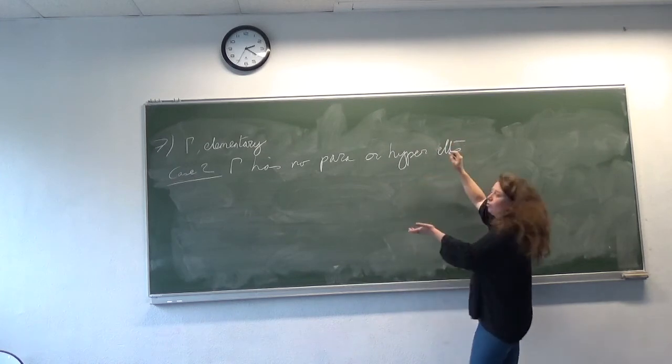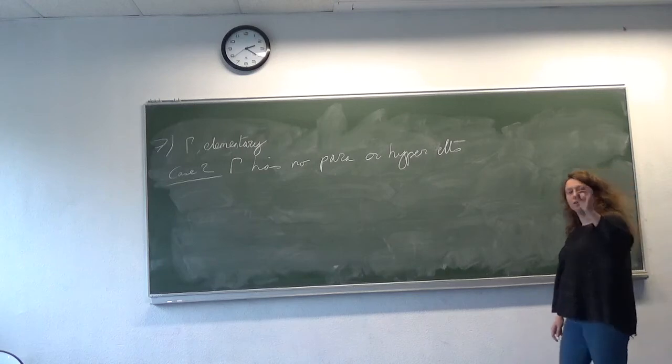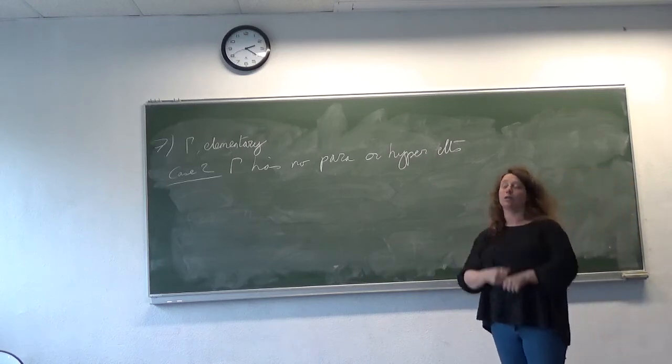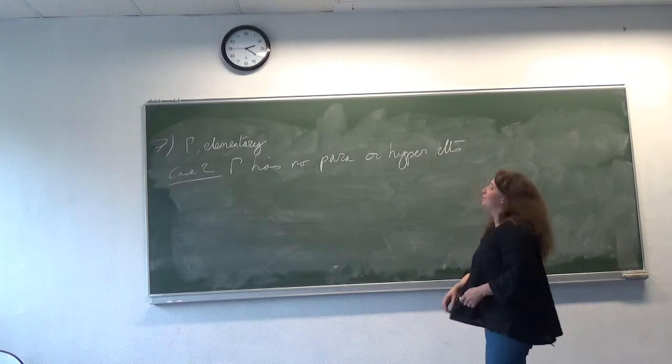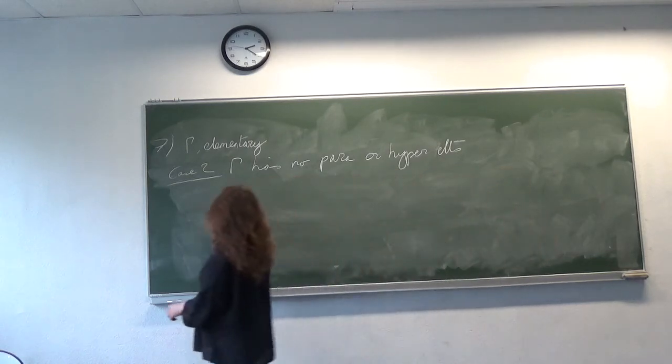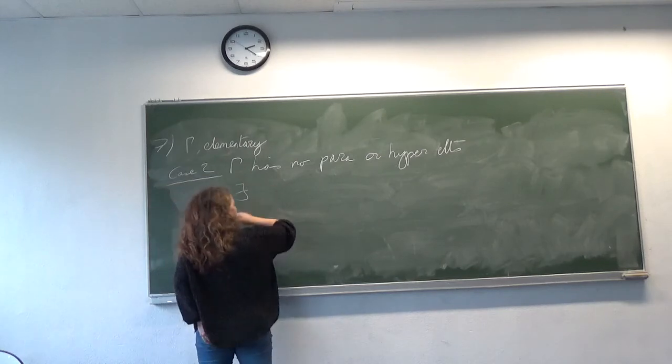Well, we already saw that if I had two elliptic elements with different fixed points, I could always, using those, generate a parabolic or a hyperbolic element. And so this implies that there exists a fixed point, let's call it